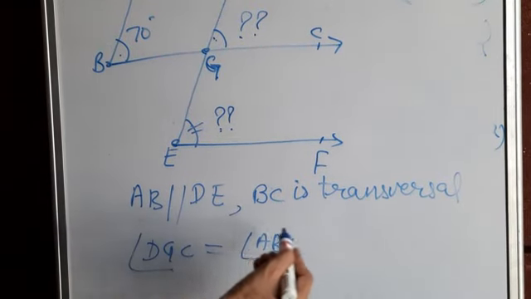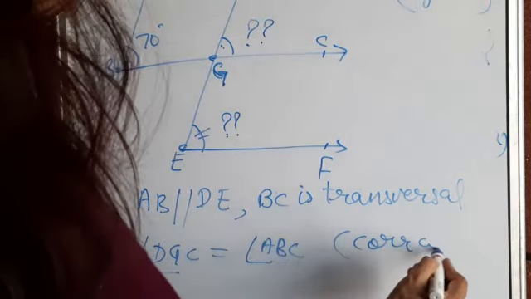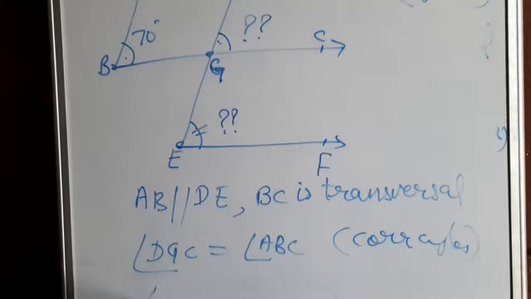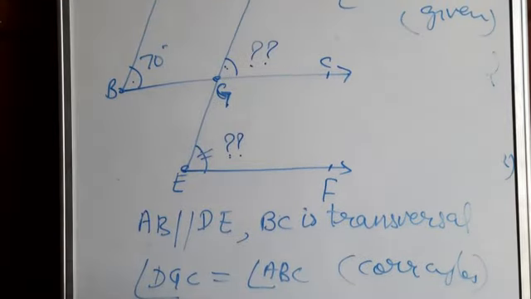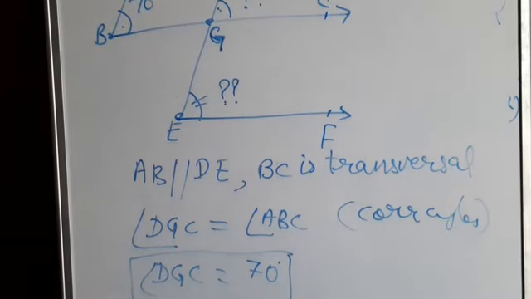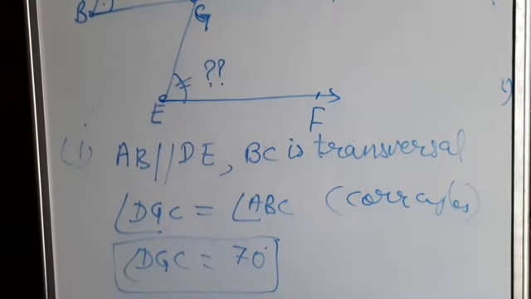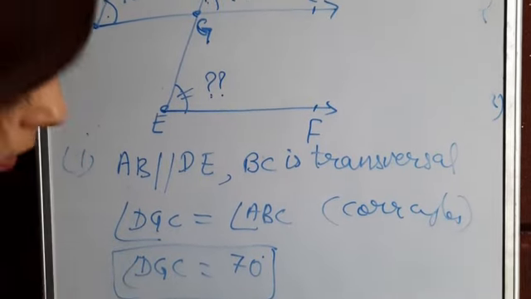For what reason? The reason you have to write down in the bracket: corresponding angles. And DGC is equal to ABC, which is given to you in the question as 70 degrees. So put the value, and you will get the value of DGC. This is the first part. And in the second part, you will write,